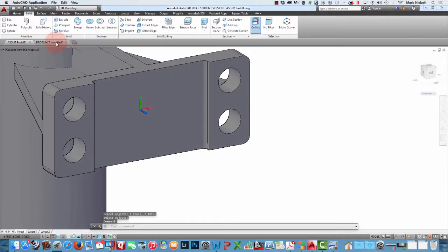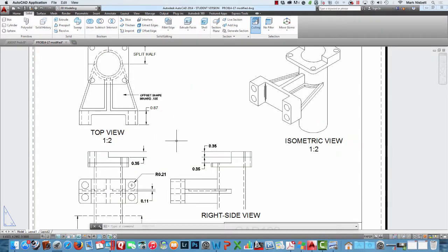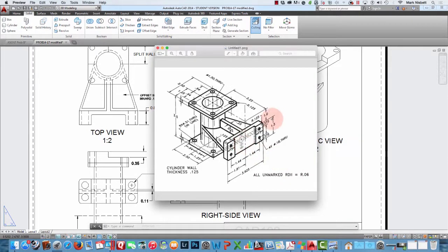So we've now completed a good portion of this. We have these holes larger. Okay, we have to increase the size of these base feet. I want it to be 0.87. So we basically want to extrude them out from their original size, which was, let's see, hold on a second. So I want this total distance to be 0.87, and it originally was